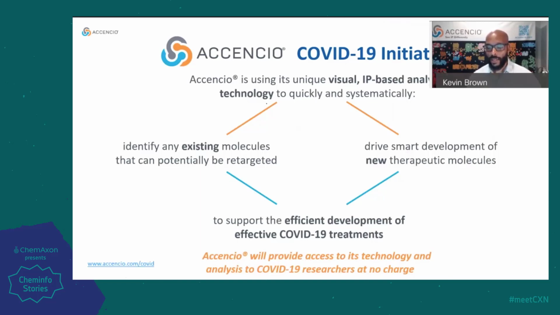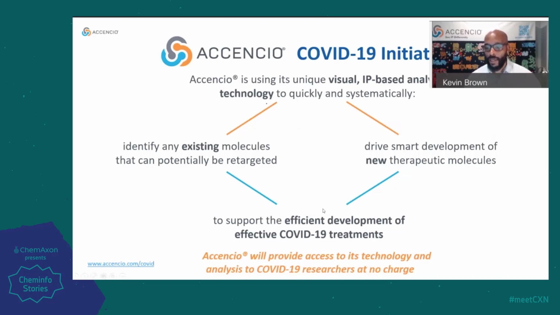These are our clinical stage or even marketed molecules that may be useful for the COVID-19 effort. And also on the new molecule side, it's allowing researchers to use our IP geoscapes that we create at no charge to them to help drive some of their research efforts in the targets that we've identified